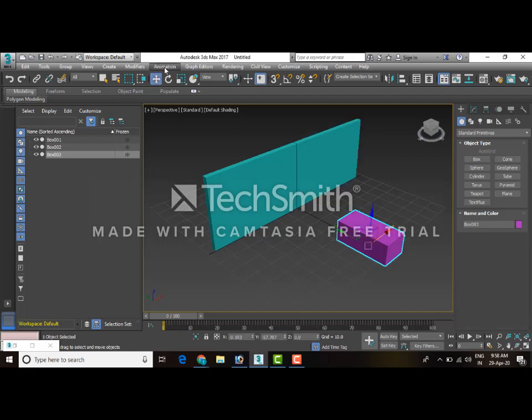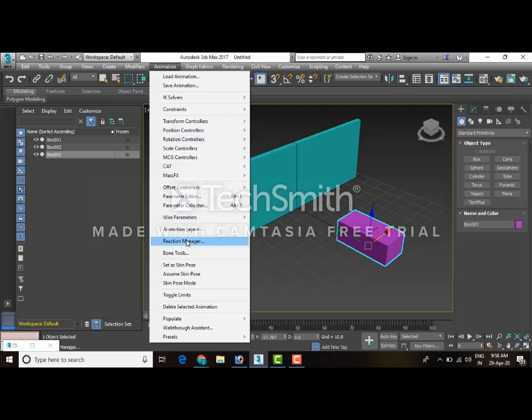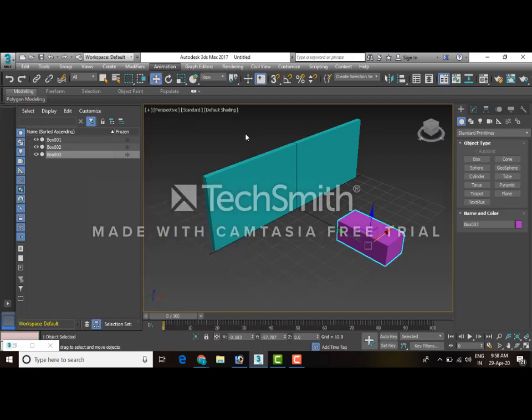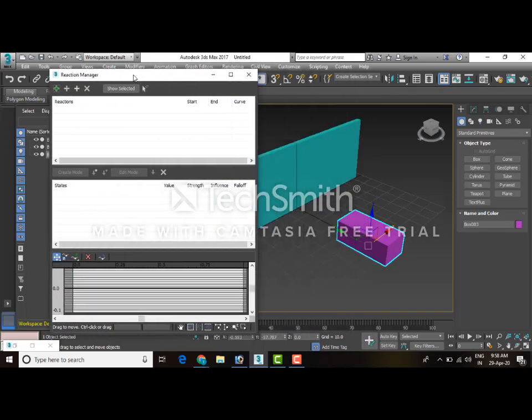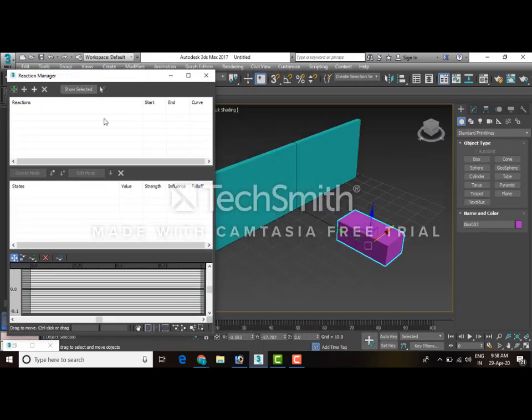So what I will do, I will go to animation and reaction manager. In the reaction manager, we have two objects, one is master and other is slave. Now this object will move over here, that means along positive y-axis. Once it approaches over here, this gate should open, that means they should move along x-axis, either plus or minus. This will move along plus and this will move along minus, and once it passes it, it should automatically get closed.